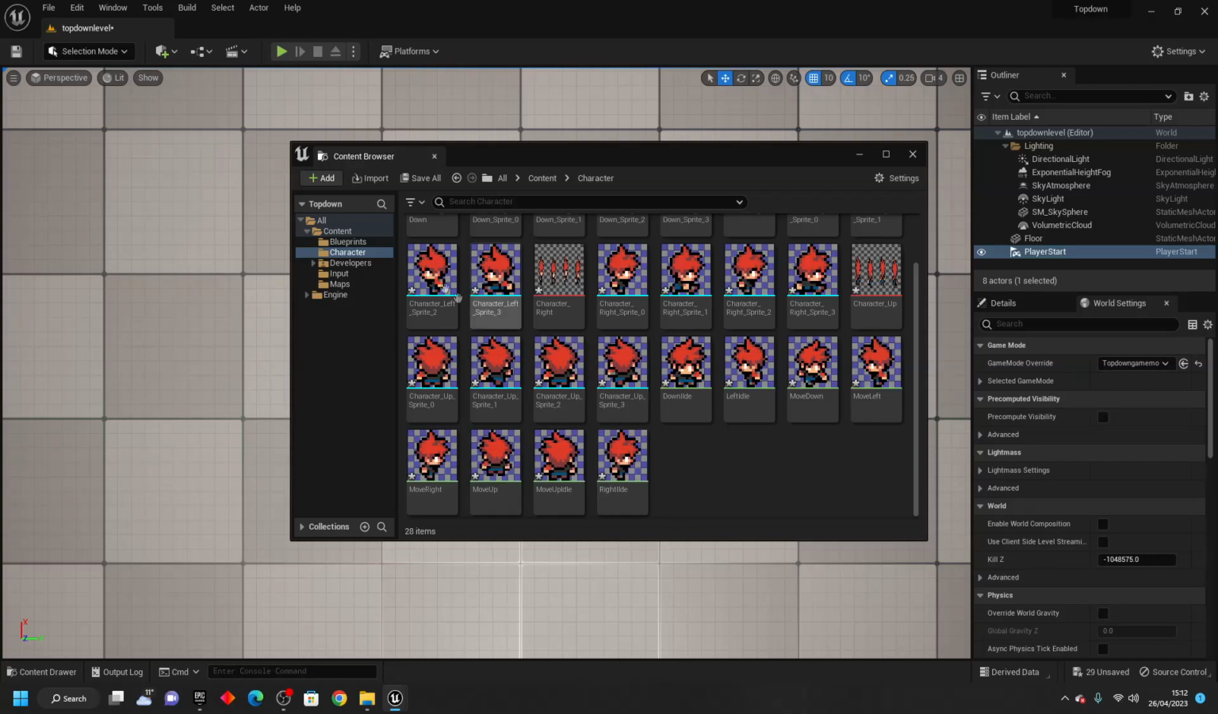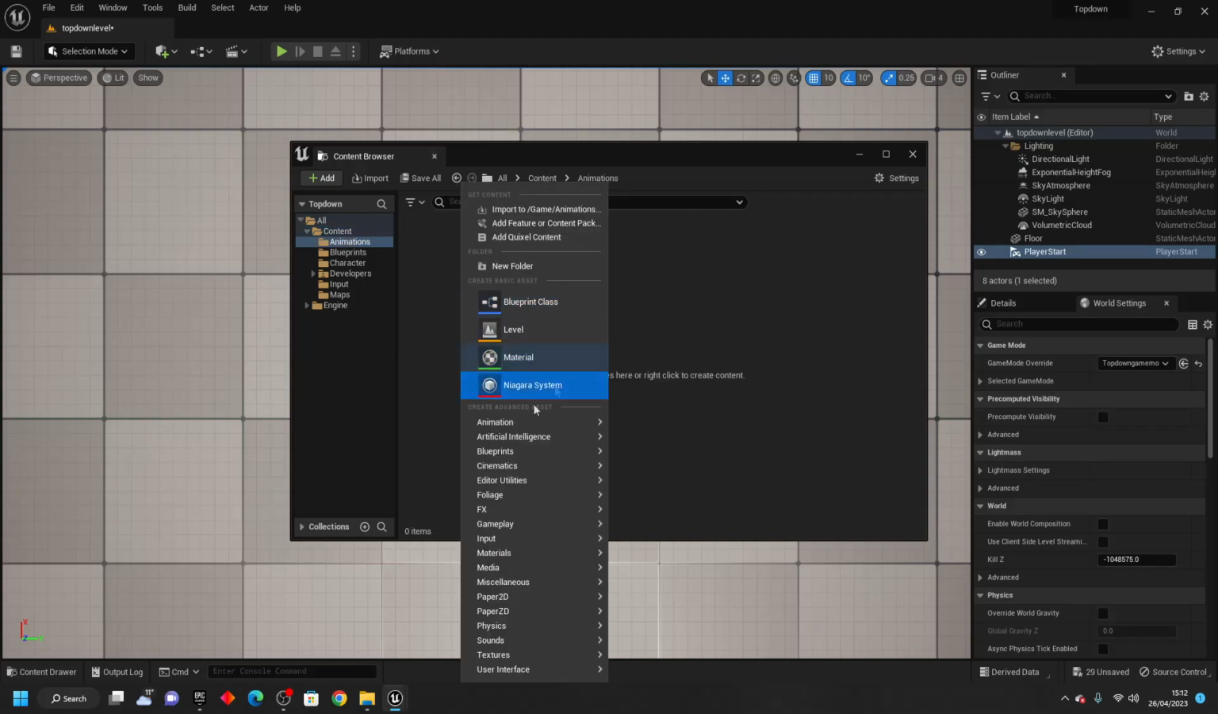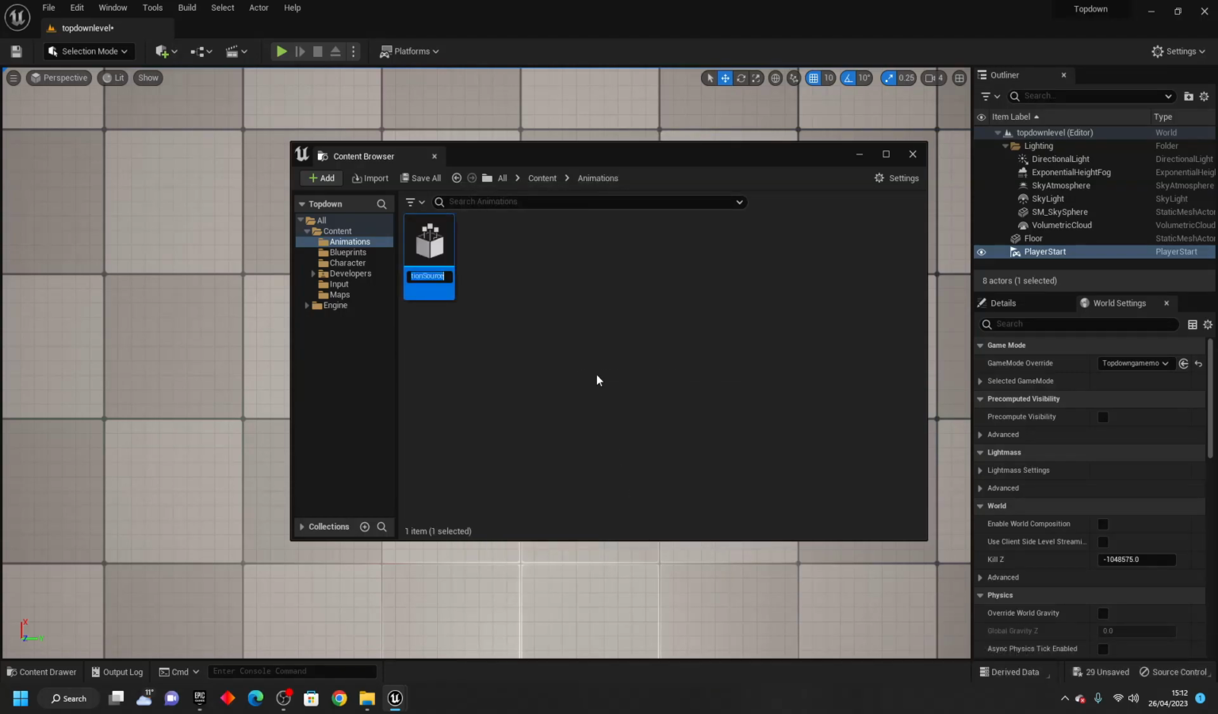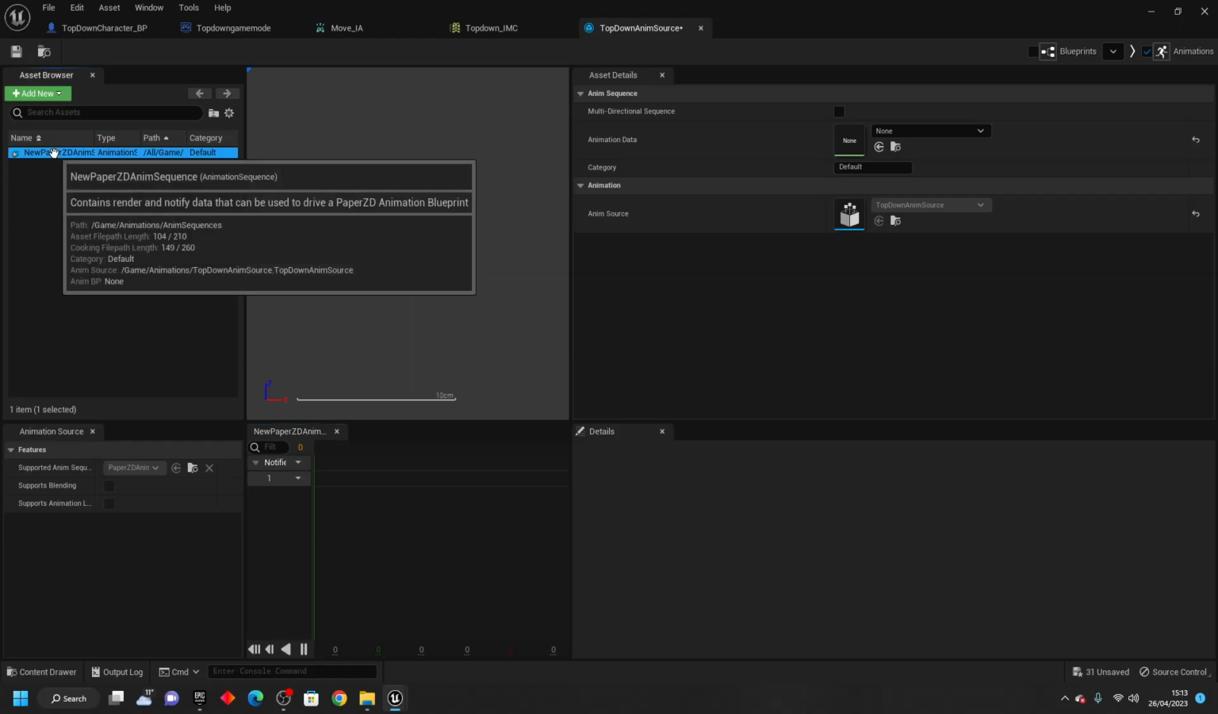So now that we've done this, if we just go to the content folder, right click and create another folder and just call this animations. Head inside here, then just right click and we want to go Paper2D and select animation source, and we can just call this the top down animation source. And if we head inside here, we want to go add new, select new animation sequence and just call this idle,